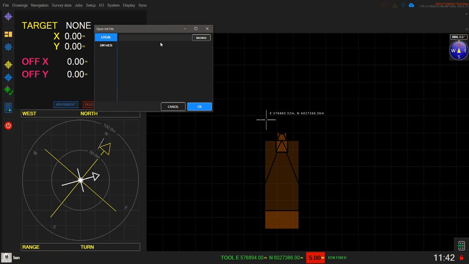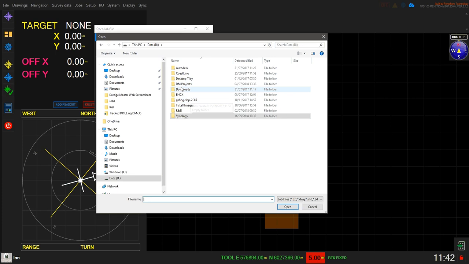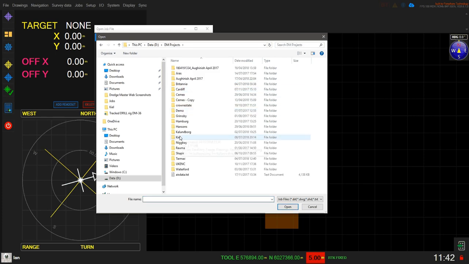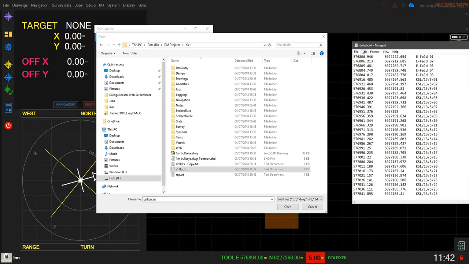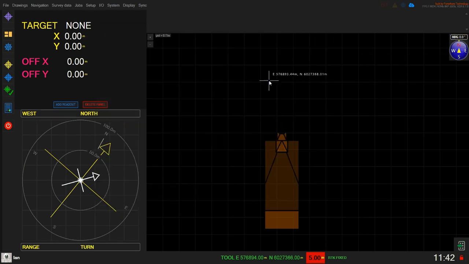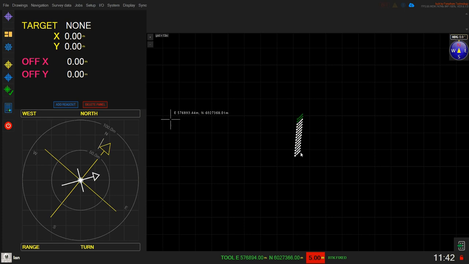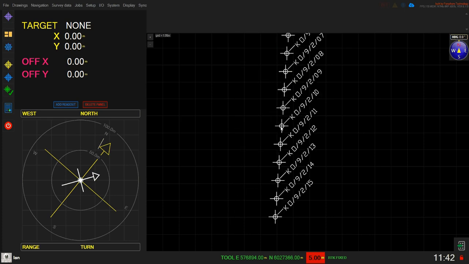So the drill points, if I just go to the project, are just a text file with easting, northing, and then a name, one per line. Once I've loaded those in as a job, they then appear on the screen. You see here. So each one of these is a drill hole, and this is the name associated with that